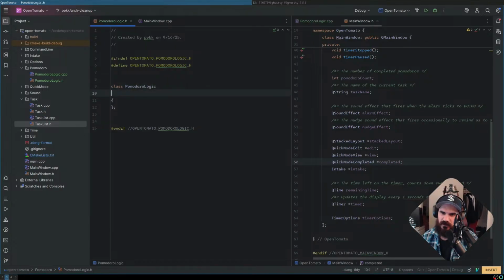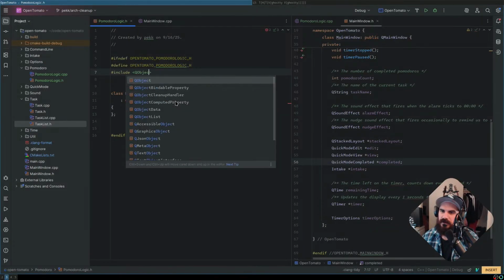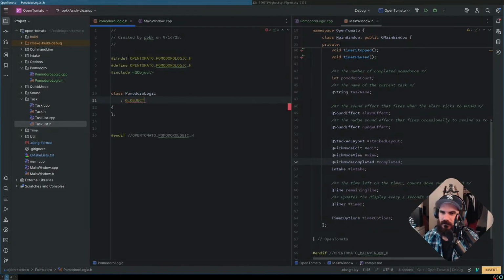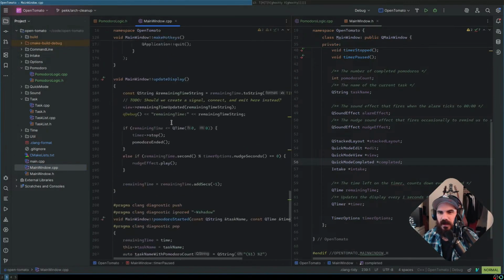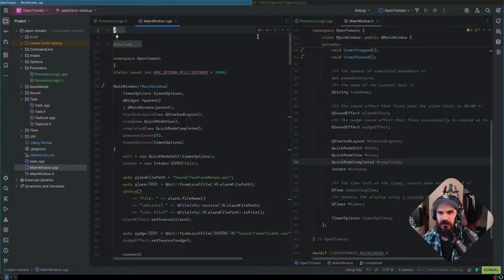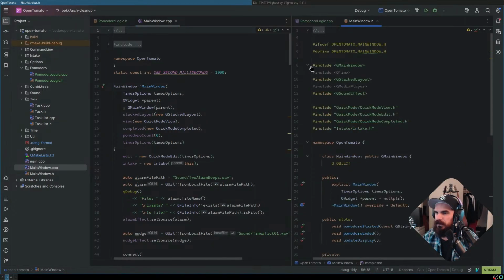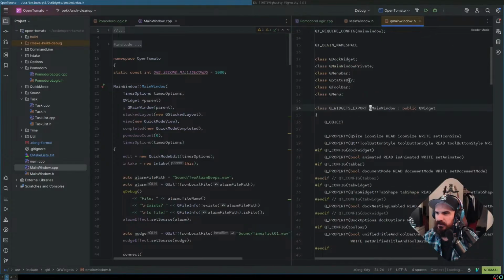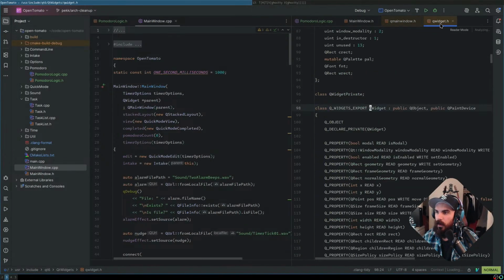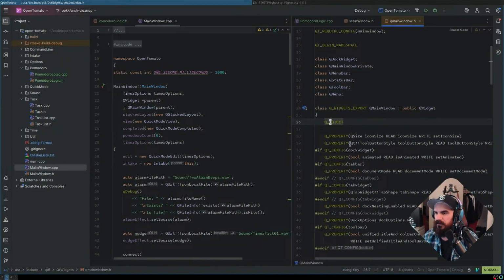So what do I do for Q_OBJECT? Is that what I do? Oh my god, no. Q_OBJECT with a semicolon? I don't remember how to do this. Where does the macro go? Hold on, let's look at something. Well, this isn't going to have Q_OBJECT. It'd be in the header file. It's not going to have Q_OBJECT because it extends. Oh, whoa, wait, there it was. Q_OBJECT goes inside the class definition.